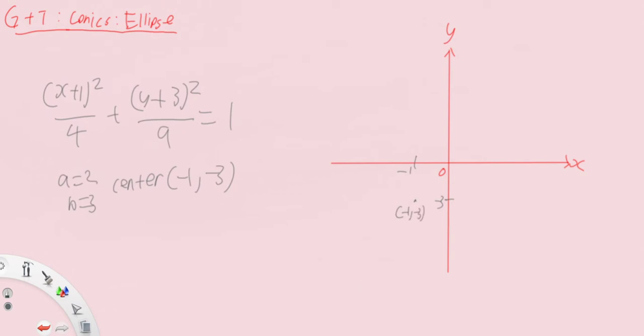The uppermost point will be at (minus 1, 0), so it will just nicely touch the x-axis. The x-axis is kind of a tangent to the ellipse. Then the bottommost point will occur at (minus 1, minus 6), so it's somewhere around here. I'm going to draw the points a bit just to illustrate it, then I'll take away the points. Our leftmost will be minus 1 minus 2, so it will be (minus 3, minus 3). Our rightmost would then be minus 1 plus 2, so it's (1, minus 3), right? So your graph would just nicely touch the x-axis and intersect the y-axis at 2 points, because our rightmost point is far away from the